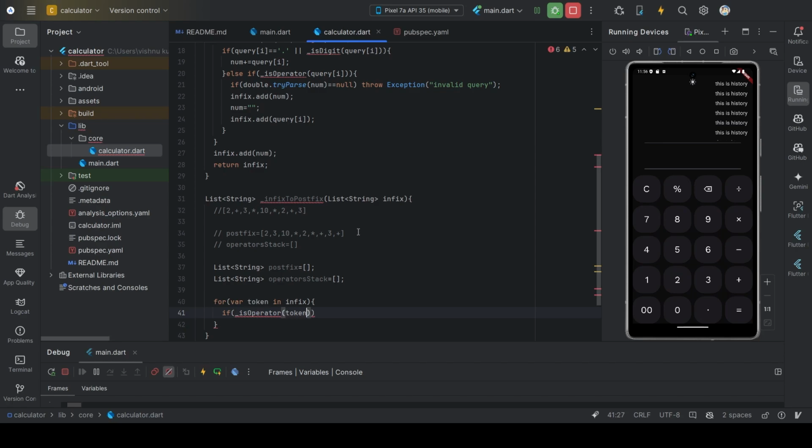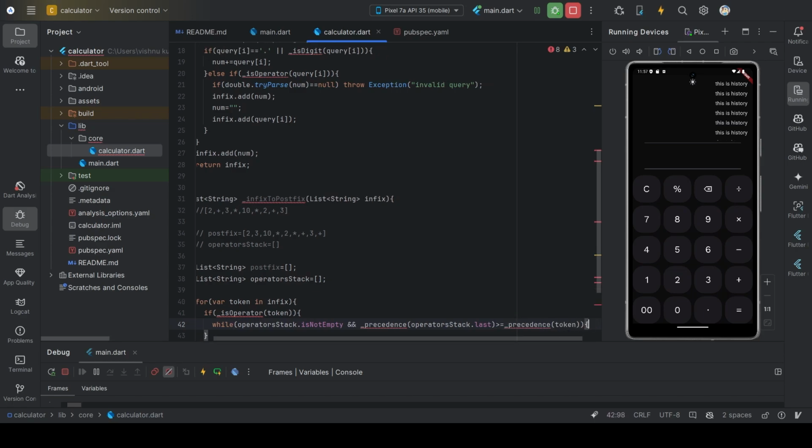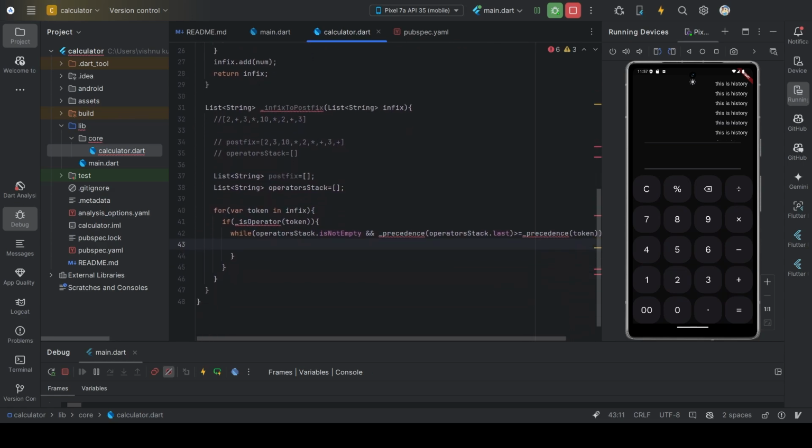If this token is an operator, then what we'll do is, while the operator stack is not empty and the precedence of the topmost value inside the operator stack is greater than or equal to the precedence of the current operator,